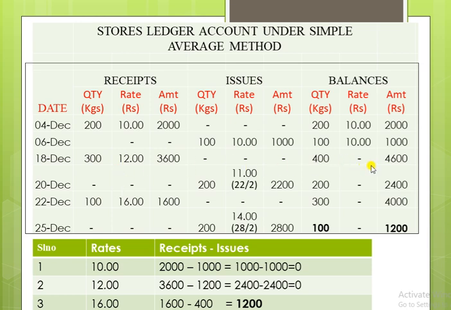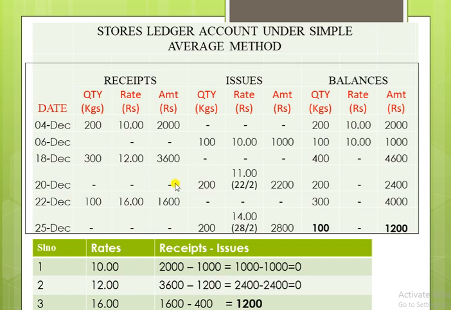So the rate column is empty because here one rate will not be taken, because two rates have been provided, that is 10 and 12. So there is no need of taking a rate in the balance column. Only we have to specify it in the issues column. So in the issues column what we have to do, I'll tell you in the next transaction, that is on 20th